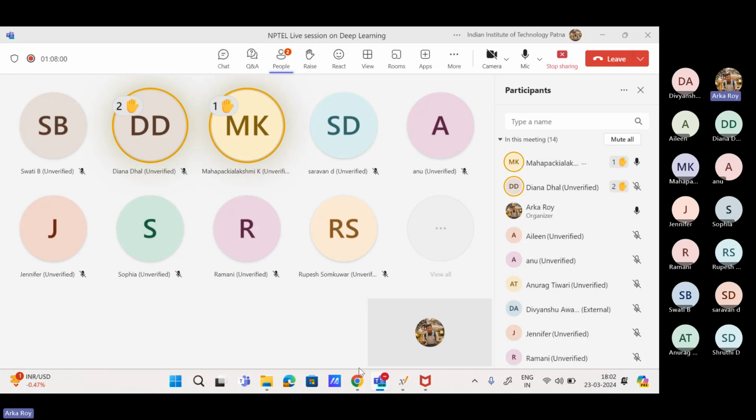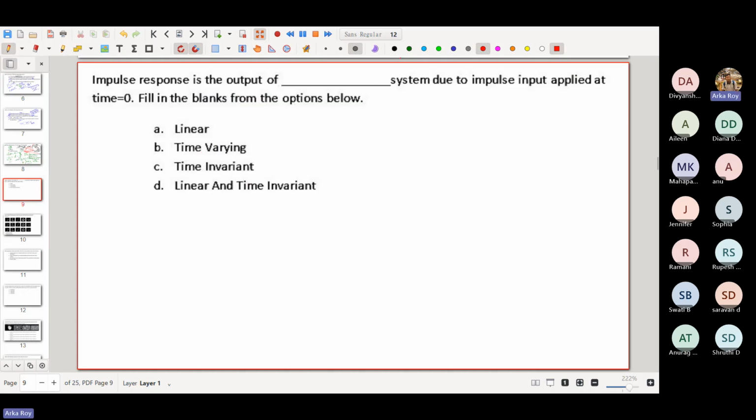Reasoning apart from mathematics, okay. What is the intuition that you have applied? See, over here in the question itself, the answer is hidden. Impulse response is the output of any system due to impulse input applied at t equals 0. So you have a system over here